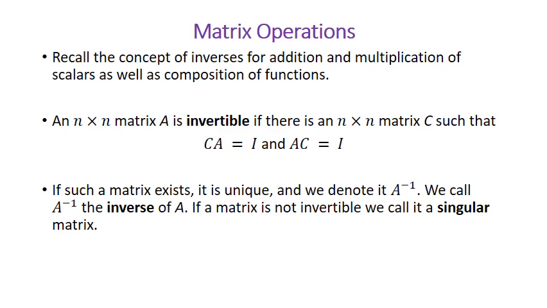So when we are dealing with the inverse of a matrix, we must have square matrices. So it must be an n by n matrix, and we will say that matrix A is invertible, and this phrase is going to come up again. It is invertible if there is another square matrix C such that C times A equals I and A times C equals I. Now remember, I is the identity matrix,